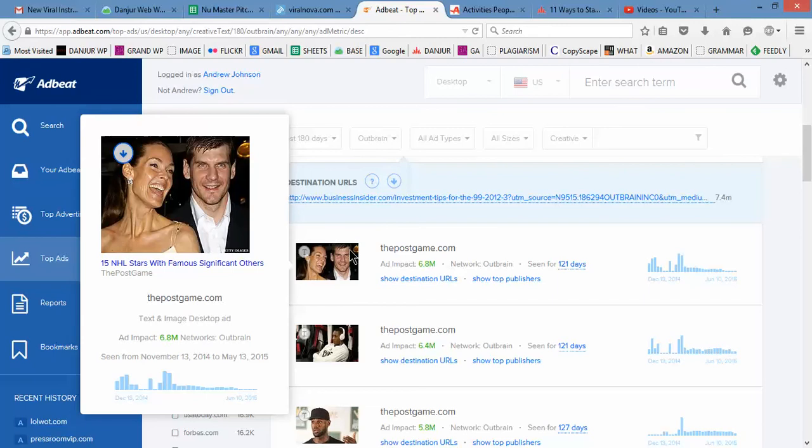Or you could change the whole idea of the pitch, and maybe instead of NHL stars, we do NBA stars, or NFL stars, or MLB. You could even make it from the celebrities' point of view, like 15 famous celebrities with athlete significant others, I guess. So that would work too.